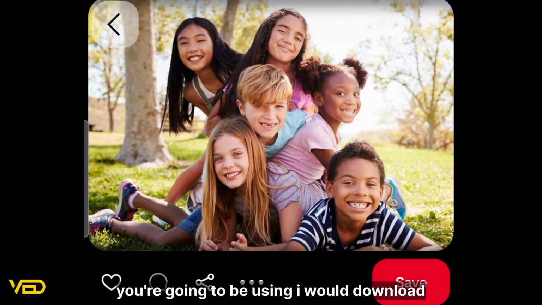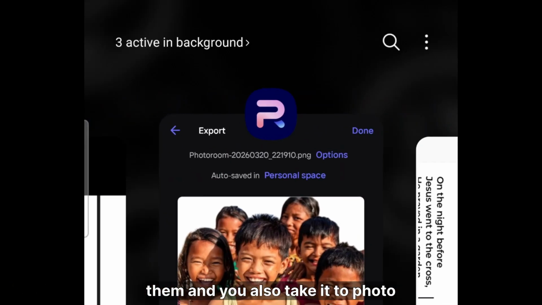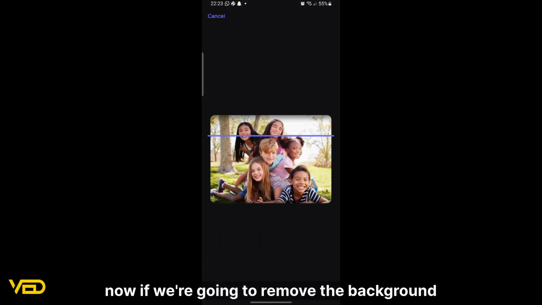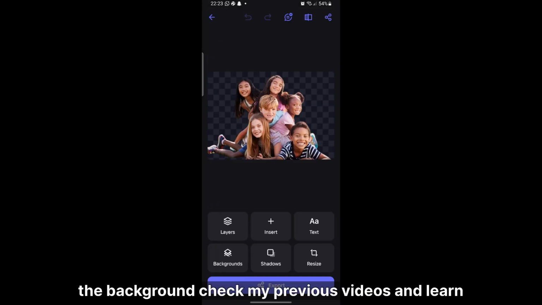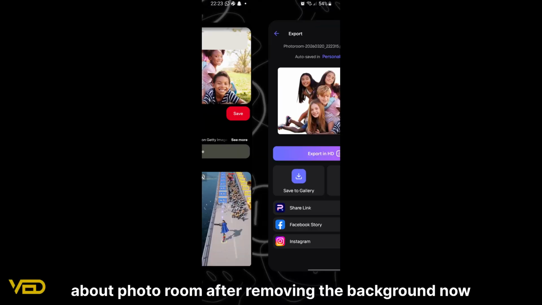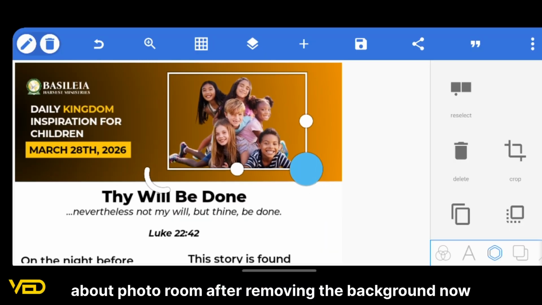Okay, this is the image you're going to be using. I will download them, and you also take it to Photoroom. Now in Photoroom, you're going to remove the background. If you do not know how to remove the background, check my previous videos and learn about Photoroom. After removing the background,